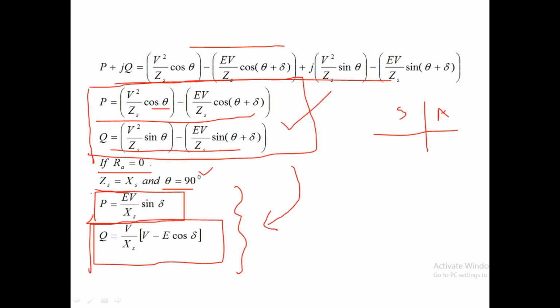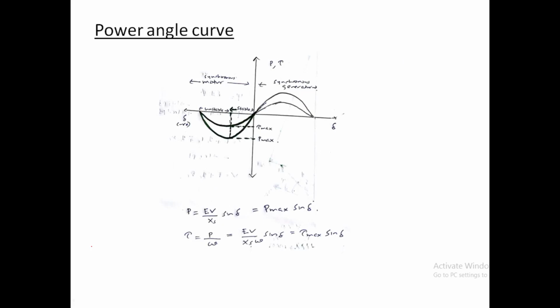So these are very important actually. We usually use these two equations, the equation for P and the equation for Q. Actually in a generator also we can derive the equations for the powers, but we didn't derive that, as that portion we didn't take. So in a generator also we can derive the equations for active power and reactive power.